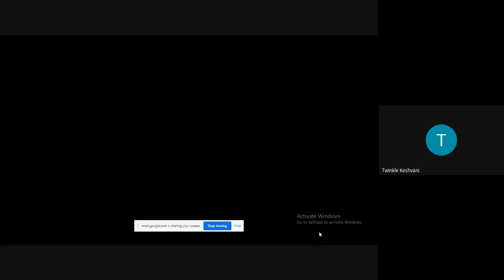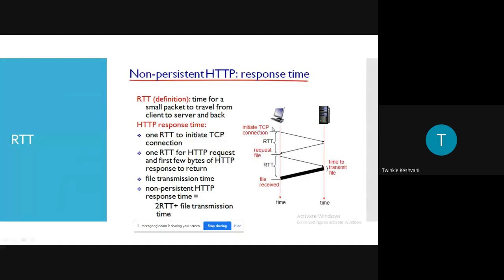Right, as you can see on the figure also, कि ये जो डायग्राम में बताया गया है, you can see that here the client is requesting for establishing the connection, that is initiate TCP connection. यहाँ से रिक्वेस्ट जाती है, सर्वर तक पहुंचती है, और फिर सर्वर से कोई रिप्लाई आता है. Right, that is from this side, again respond from the server side. So this time is referred to as 1 RTT.